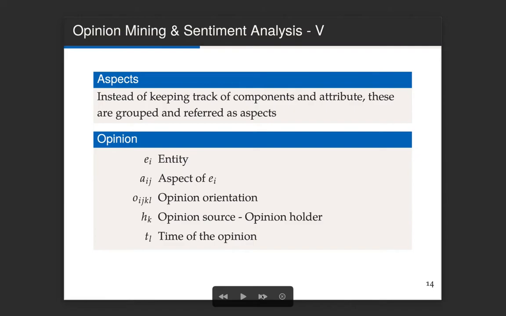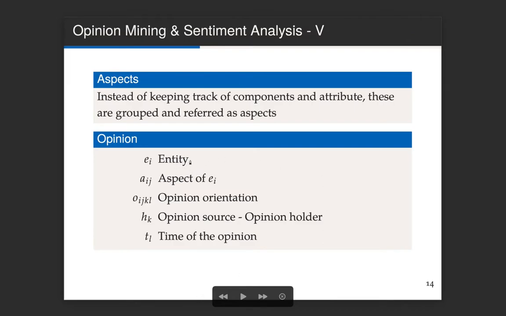So instead of writing down the tree and trying to look for the components and subcomponents and the attributes of these components, we will refer to all these components and attributes as aspects. So instead of having a tree, we have just a list of different aspects, and using this simplification, an opinion is composed of 5 components, which one is the entity.